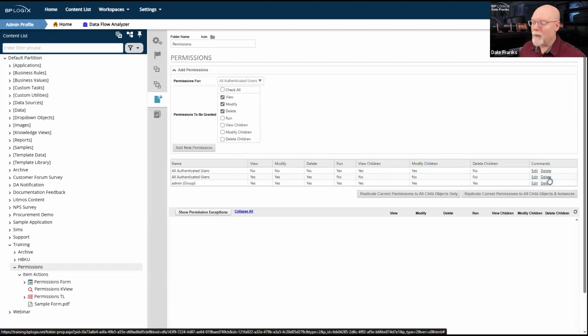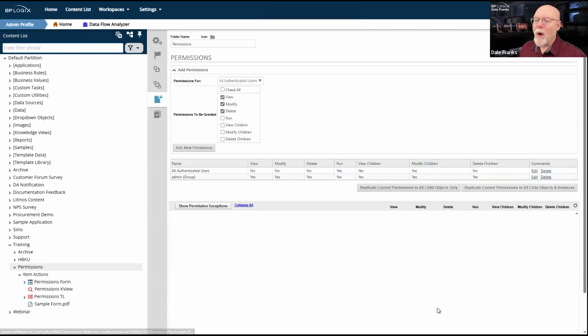I am, however, going to delete one of these permissions records. There is another model of access, which is called the denial model. We'll talk about it, get it out of the way, and then we'll never speak of it again because you very rarely need to use it. In fact, it takes a little bit of effort to even implement it. And that's called the denial model.